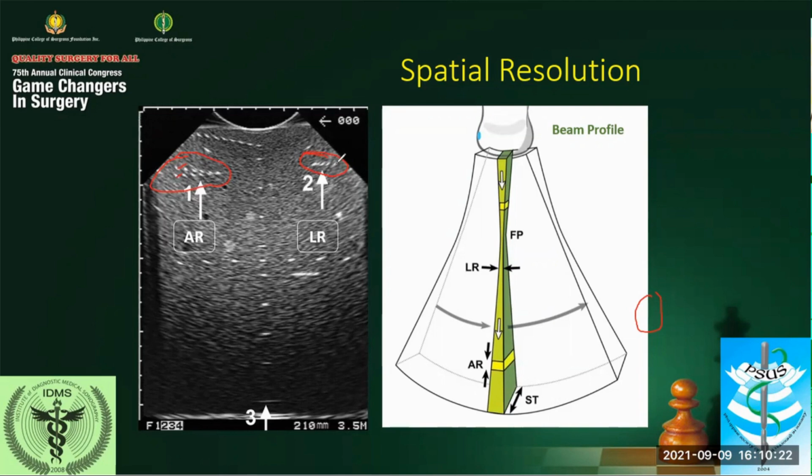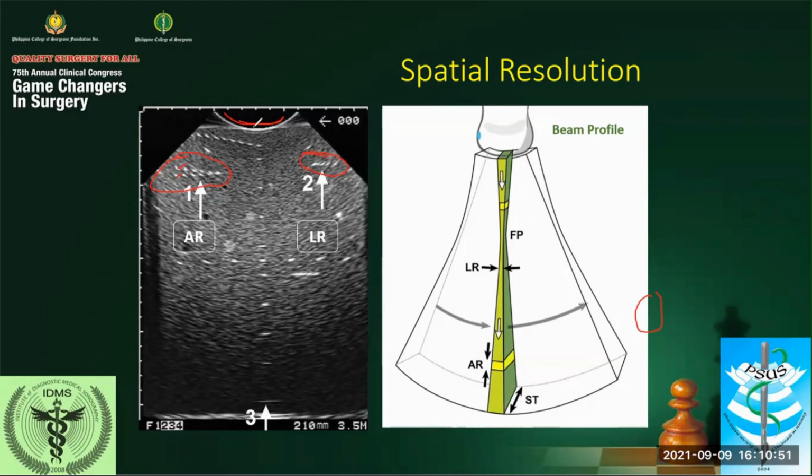Take note here, this is the transducer, and the ultrasound beam is being transmitted in this direction. So axial resolution is the ability to distinguish objects along the axis, one on top of the other, while lateral resolution is the ability of the machine to distinguish objects that are side by side, close together.